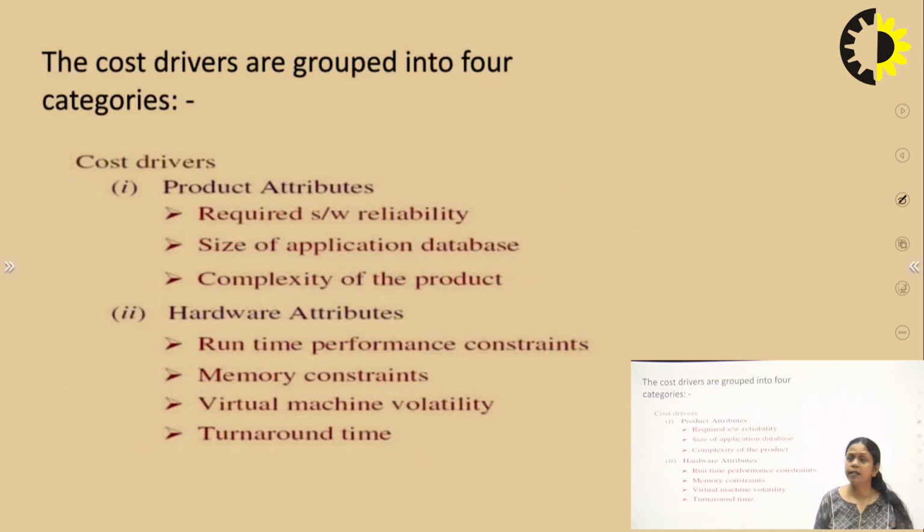You can see here, these are all the cost drivers. First one is your product attributes, such as required software reliability. So these are all attributes of a product. For example, software reliability, size of application database, complexity of the product, hardware attributes, runtime performance constraint, memory constraints, virtual machine volatility, turnaround time,